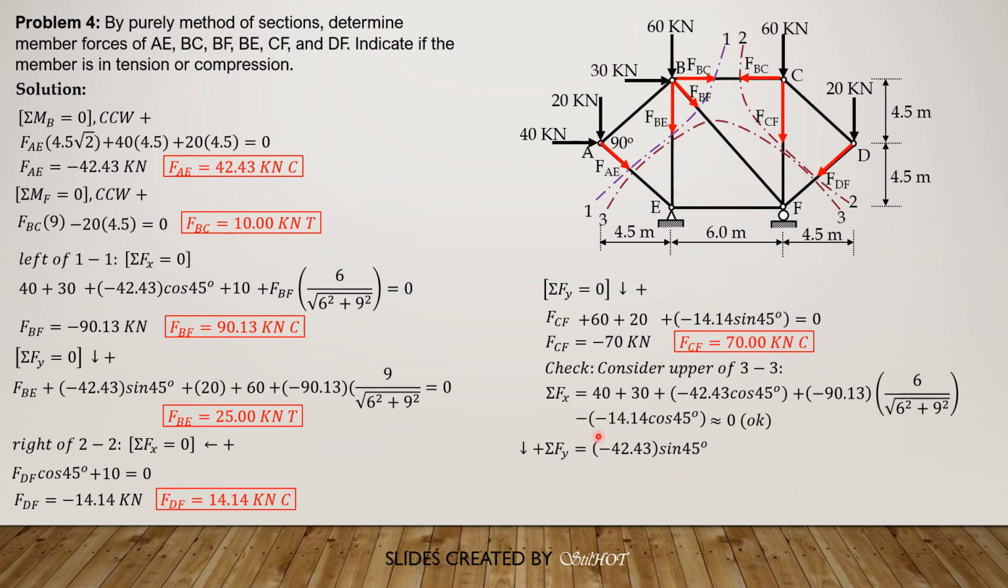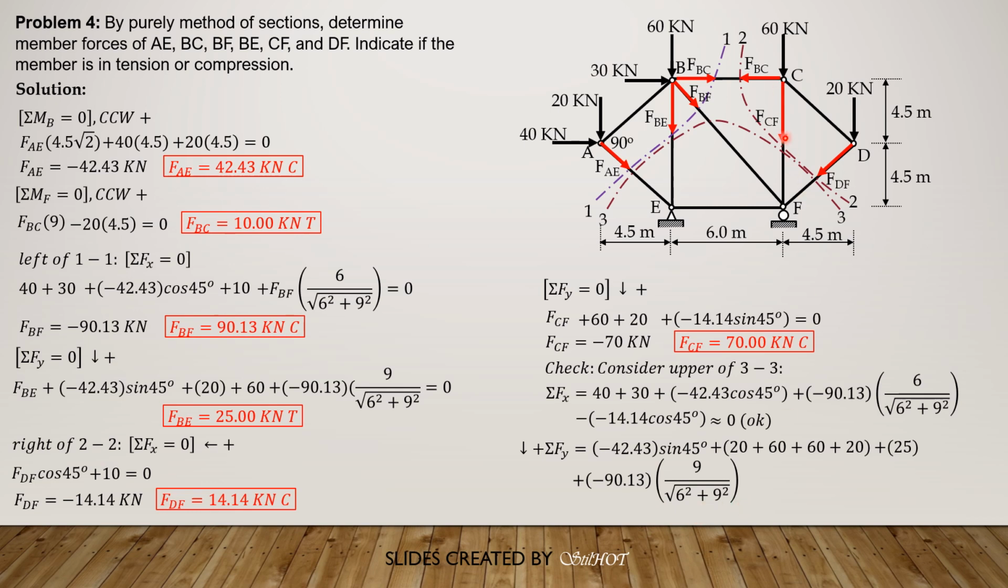So summation forces Y downward positive, beginning with FAE. So its magnitude is negative 42.43, then times sine of 45 plus 20 plus 60, then plus FBE, plus 20 plus 60 plus 60 plus 20 plus FBE, which is 25. Then Y component of FBF is negative 90.13, so plus negative 90.13 times 9 over square root of 6 square plus 9 square,